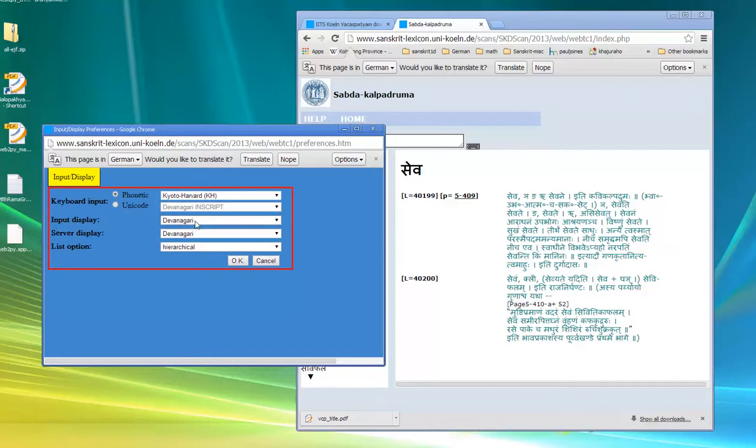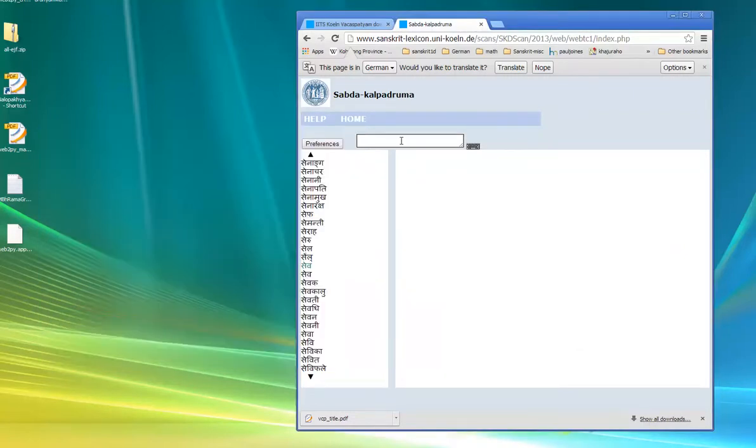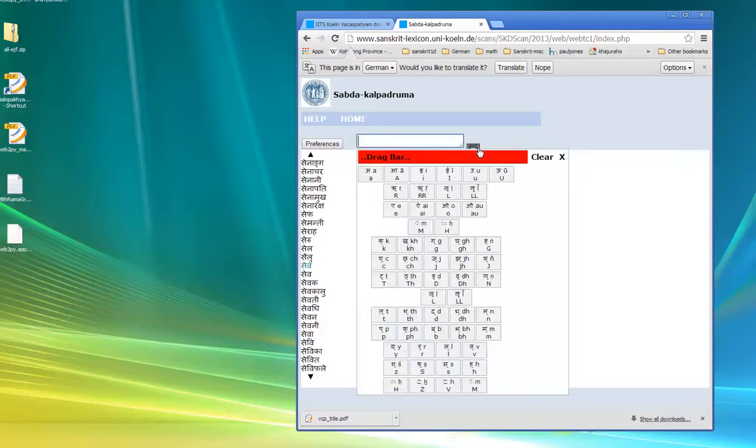The display of the input is going to be in Devanagari, and so is the stuff coming back from the server. Okay, so let's click OK. Now put this in here. Now you can still put up the virtual keyboard, I guess. Let's see what it does. Yeah, okay. This shows you,